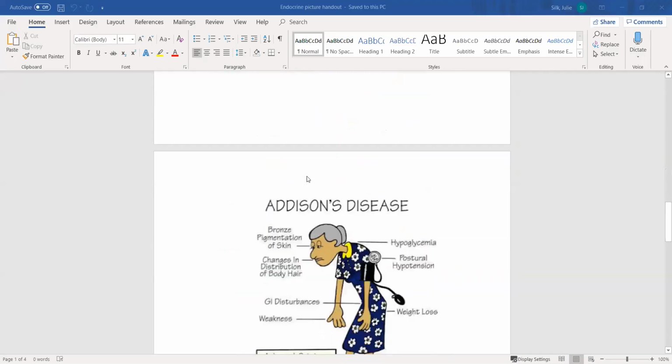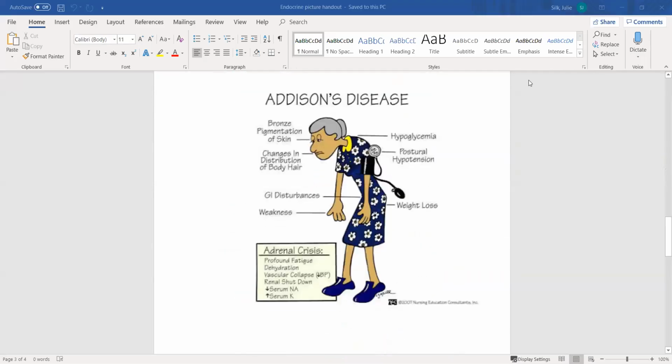This would be this lady. Okay, so what I want you to think about when you're thinking signs and symptoms with Addison's, I want you to remember the bronze pigmentation of the skin, because that's significant and different compared to anything else you might see. Another thing I want you to focus in on would be hypoglycemia,